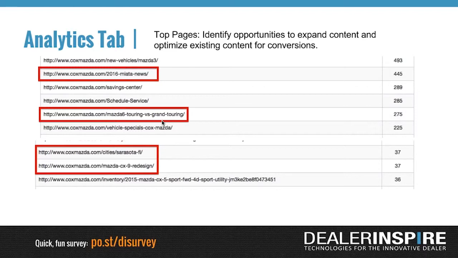But you can also make sure that they're optimized for conversions. So if I know, again, that the 2016 Miata is a big deal because users are getting to my site for searches about the 2016 Miata's release date, so I know that they're interested in that. I know that's a highly anticipated vehicle, obviously, and I've got a page here, 2016 Miata news, that's pulling a lot of searches in. I want to make absolutely sure that as soon as there are updates from Mazda about what that new Miata